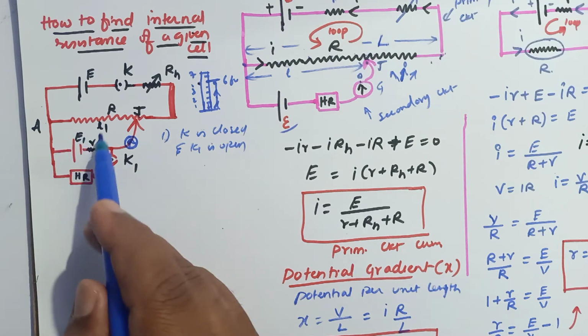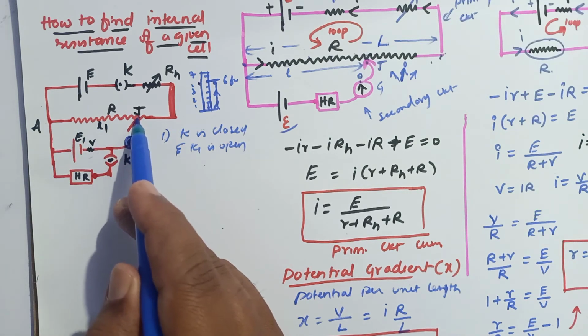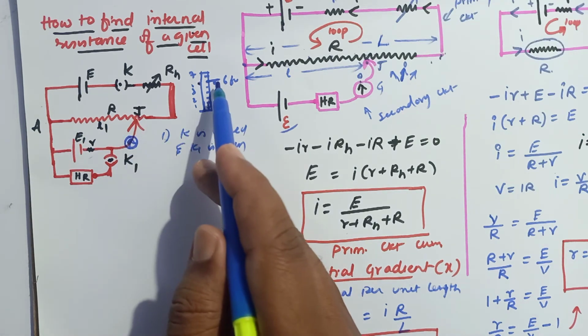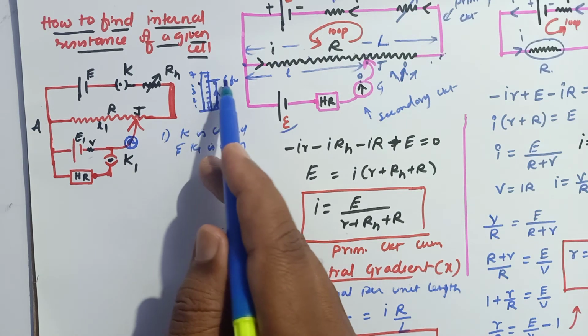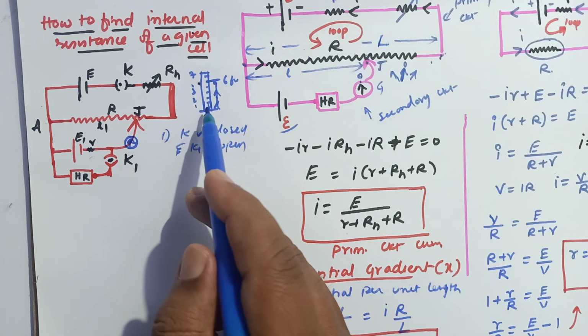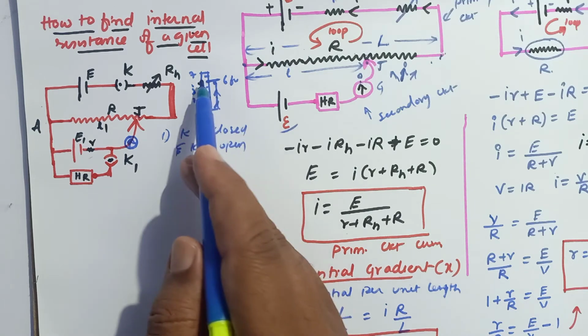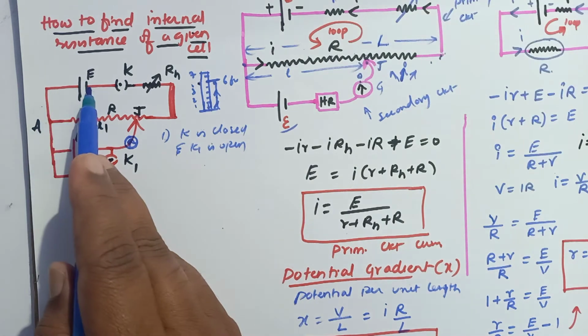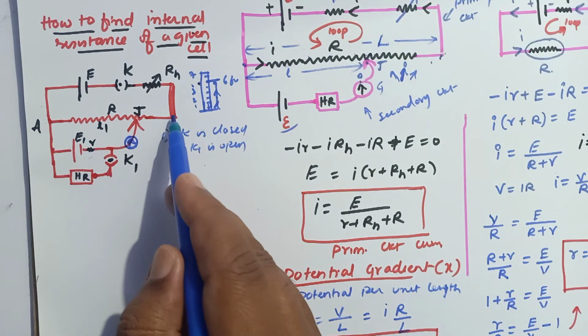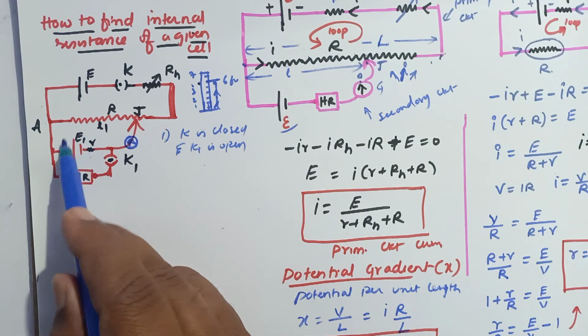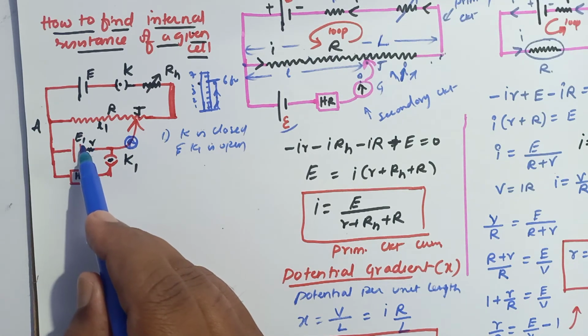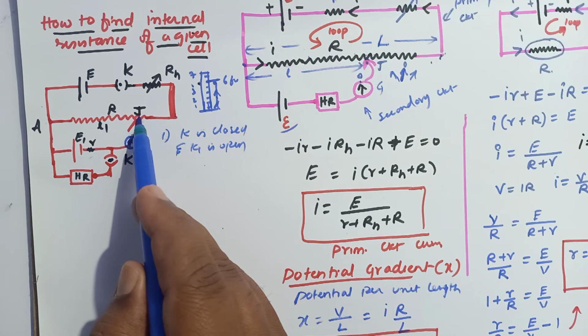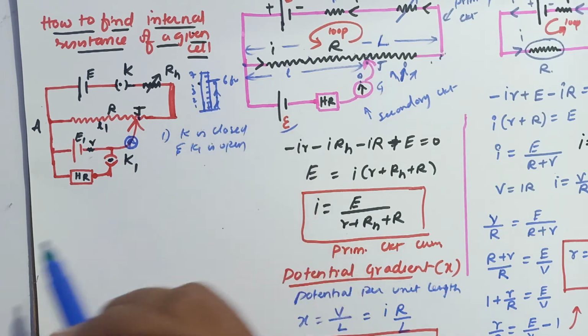Now this is going to be balanced at this length L1. Just as the height of the person finishes at 6 feet, even though the reference scale is showing 7 feet, capital E has a balancing length capital L, whereas the measurement of E1 finishes up to L1 only. This is just like this example here.